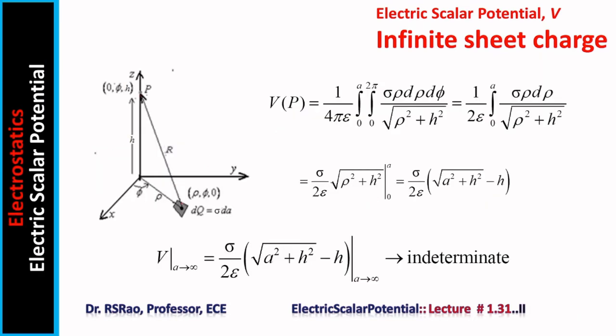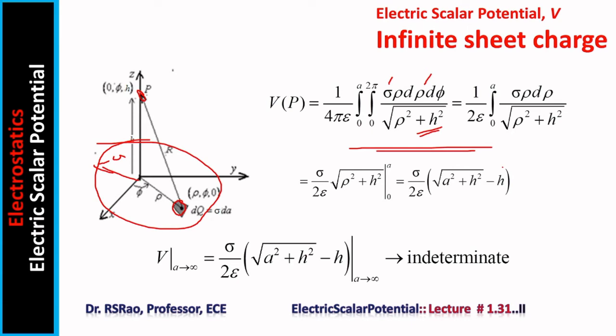So here is the source point, the source area surrounding the source point. This is the field point. Now potential is sigma dA by r, and this is r. I want potential due to the entire sheet, so integration is 0 to A. To begin with, I am considering a finite radius sheet, radius A. I have an expression. So for a finite radius circular sheet, absolute potential exists, and it is given by this formula: sigma by 2 epsilon times square root of A square plus H square minus H.